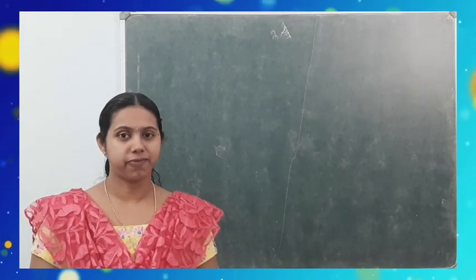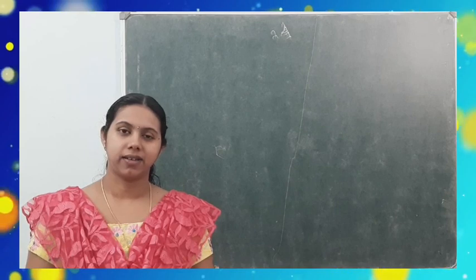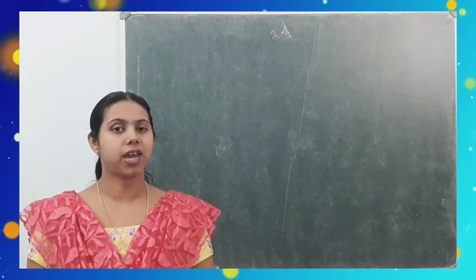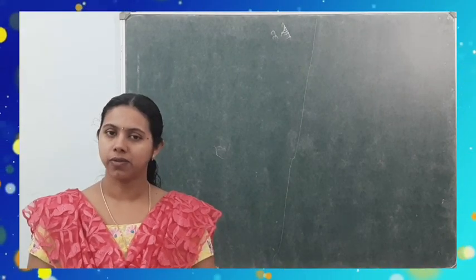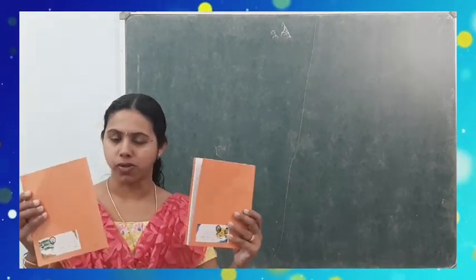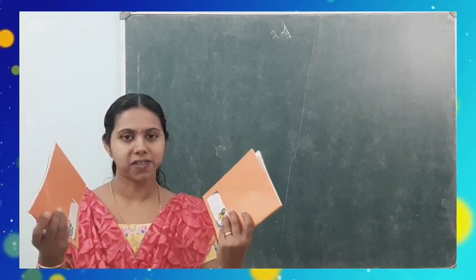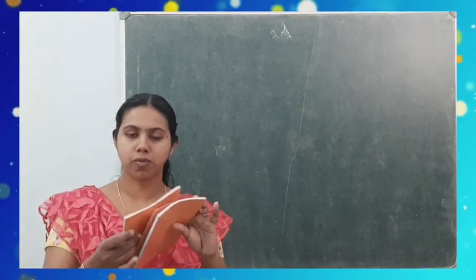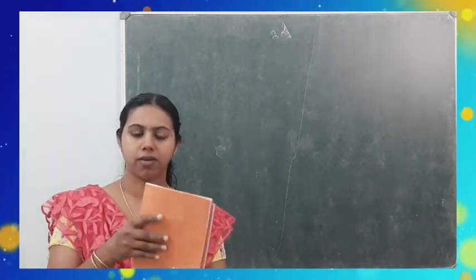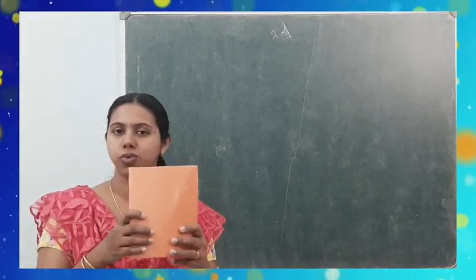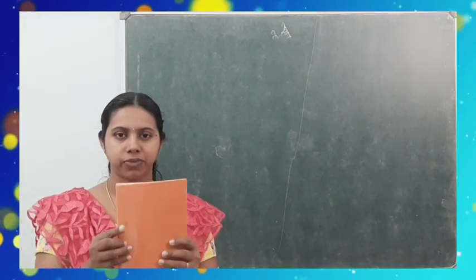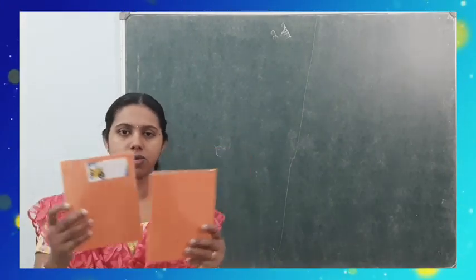So what are congruent figures? The figures which have the same shape and size are known as congruent figures. For example, the 2 notebooks. These 2 notebooks have the same size and the same shape. They are superimposed, or one book will overlap the other. So we can say that these 2 notebooks are congruent.